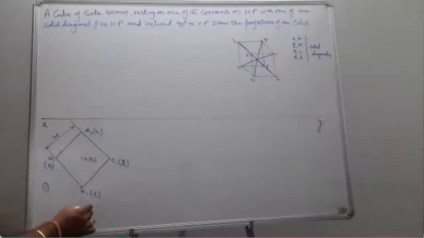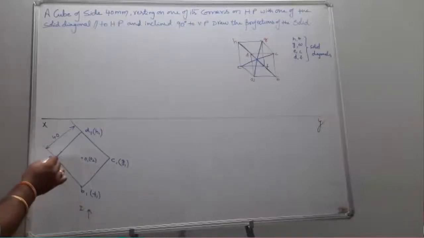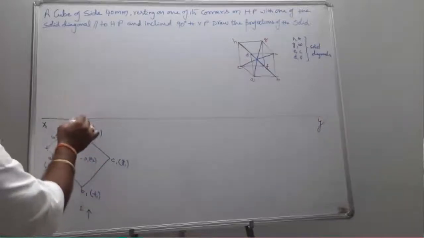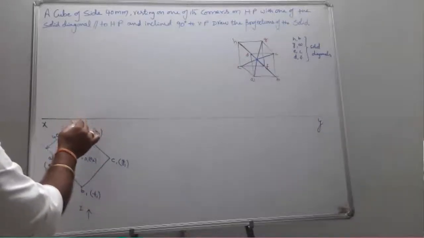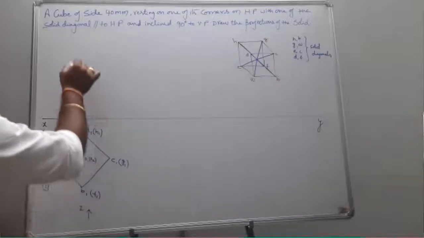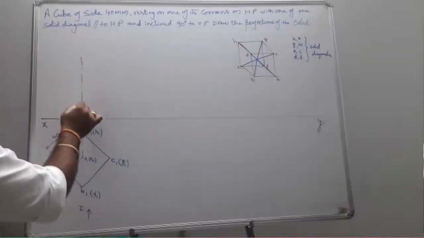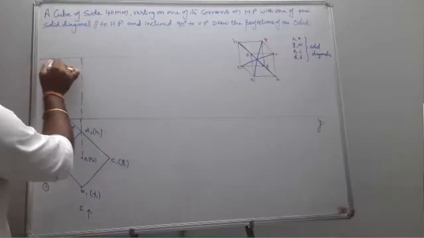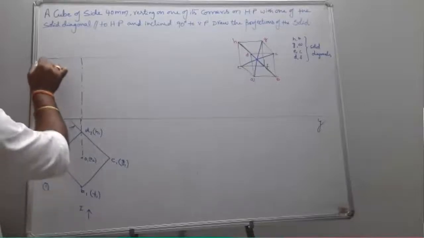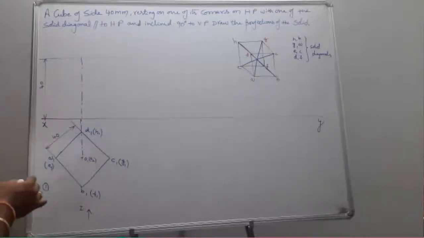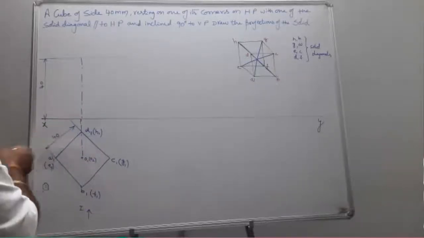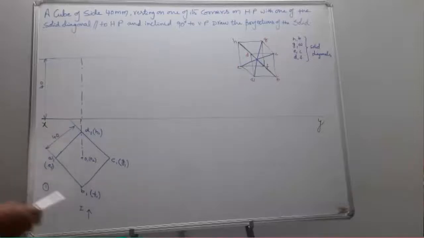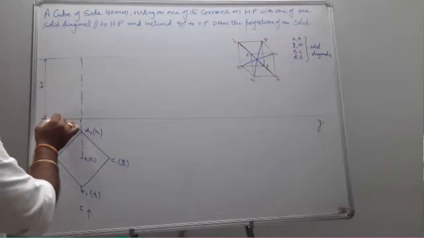Okay. So when you are supposed to see from the front, which points are visible? A, B, C are visible, and you also know the height of the axis is 40. So the height is also the same as the side. Okay. Now draw the vertical projectors. While you are supposed to see from the front, A, B, C corners are visible. So the lines which are passing from those are going to become